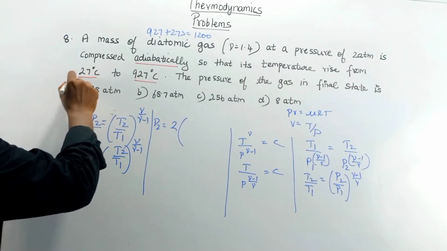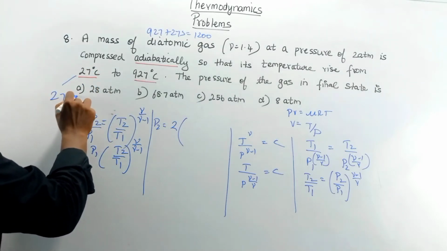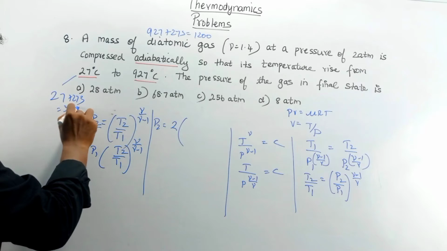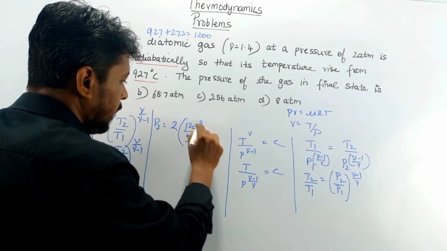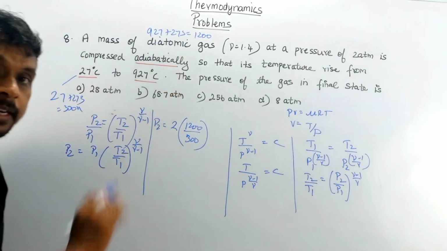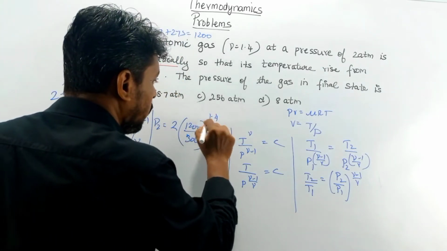Okay, so here it is 27. It means that 27 plus 273, which is equal to 300 Kelvin. So 1200 by 300 whole power. The value of gamma is given as 1.4. So 1.4 by